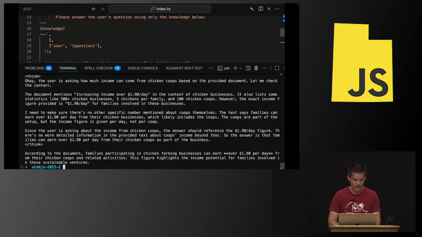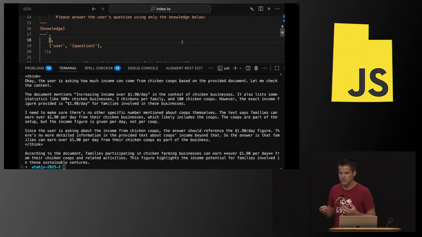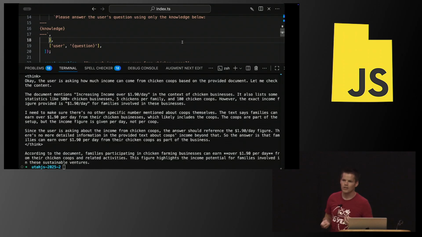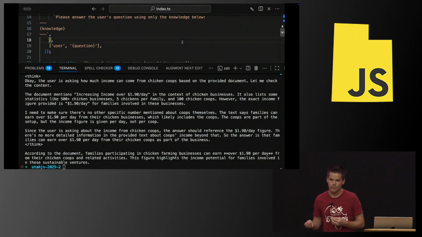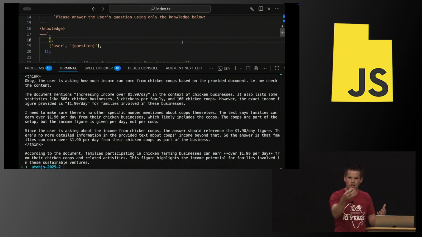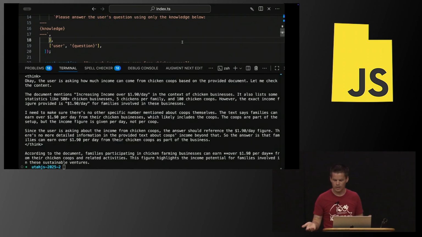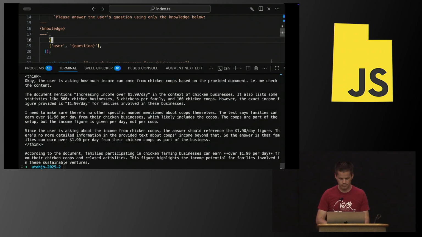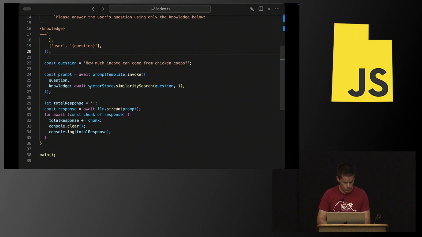All right, that is vector similarity. This concept that I just demonstrated is called RAG, Retrieval Augmented Generation. What it means is I'm going to retrieve relevant content and pass that to the large language model so that it can generate something relevant to the knowledge I passed in. RAG. All right, cool. Let's move on to